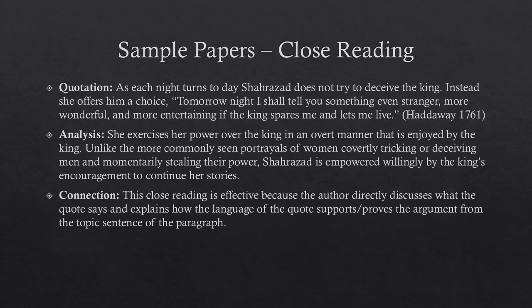If power is one of the three points to proving the thesis about patriarchy, this analysis of this quote has now proven the point about power, and the writer can then conclude the paragraph and transition to talking about intelligence in the next paragraph, and in a similar way prove that point, and so on and so forth. So this is the structure for a literary analysis paper.